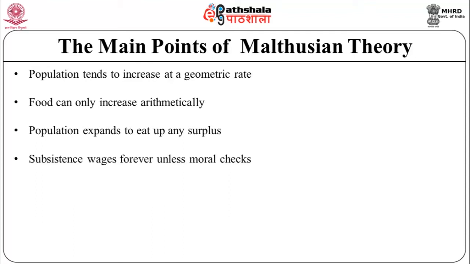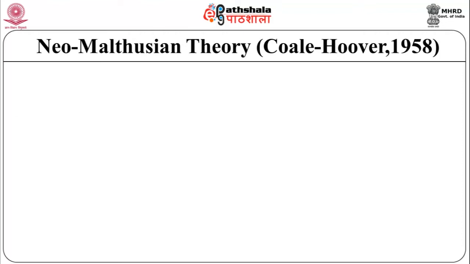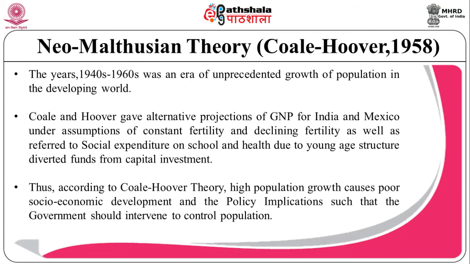Subsistence wages forever unless moral checks; choose moral checks or positive checks. According to new Malthusian theory, the years 1940 to 1960 were an era of unprecedented population growth in the developing world. Coale and Hoover gave alternative projections of GNP for India and Mexico under assumptions of constant fertility and